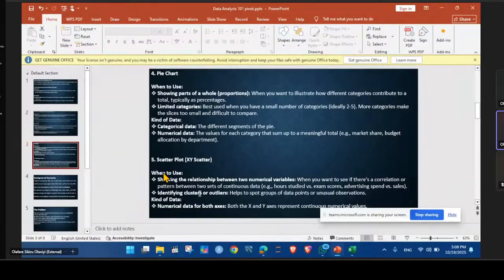Then the next one is identifying clusters or outliers. What is an outlier, sir? An outlier is, how do I explain? Okay, let's say a lecturer enters a class of 100 level students, asking, what's the average age in this class? So it is expected